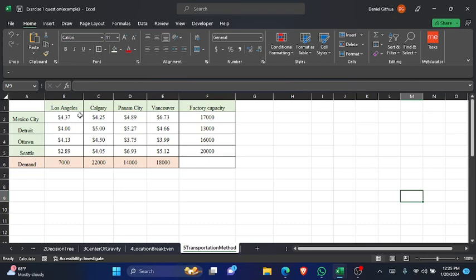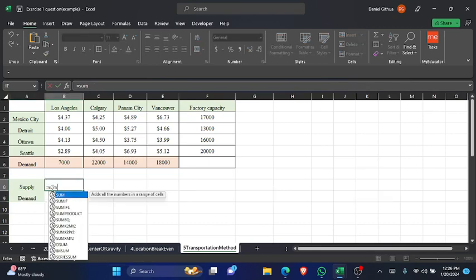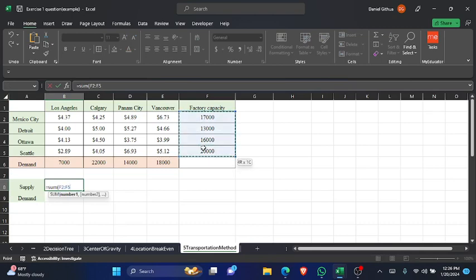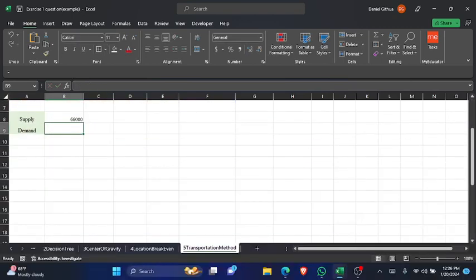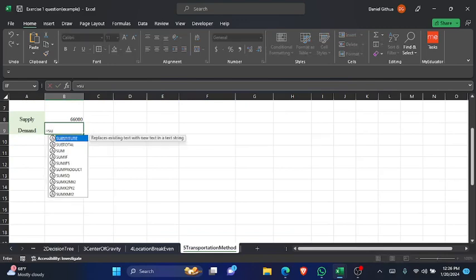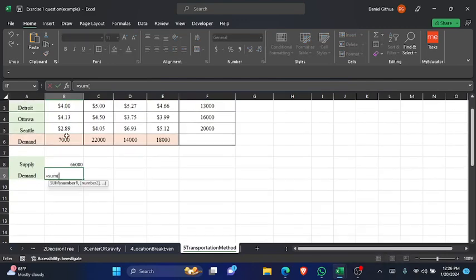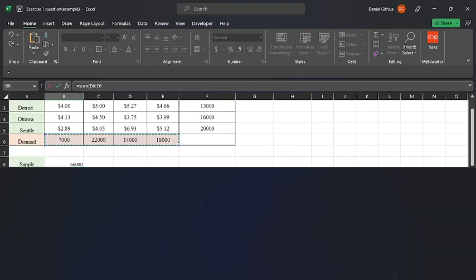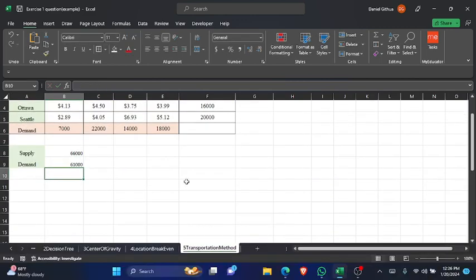The first thing to find is whether this is balanced or imbalanced. To find this, we have to write here supply, then demand. Supply is equal to the sum of the factory capacity. The demand is equal to the sum of the demands. As we can see here, the supply is higher than the demand, and thus we have to create a dummy